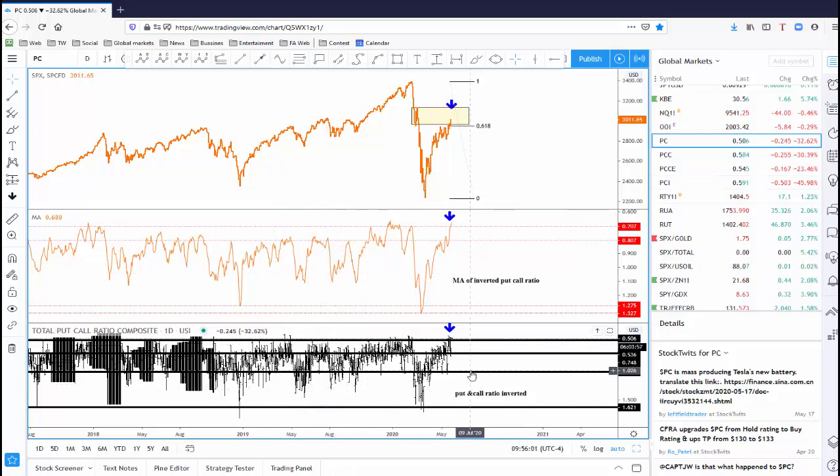Actually, it's an inverted chart, for easier understanding and reading whenever you compare this to the S&P 500. It means that if you see the readings here at the upper extremes, the markets are buying a lot of calls. It means that investors and traders believe that the price will rise in the future. So if this is moving into some extreme readings, we can assume that maybe this current bullish phase